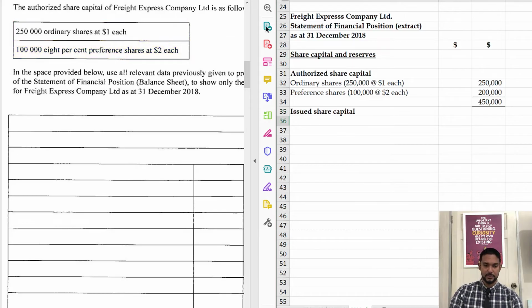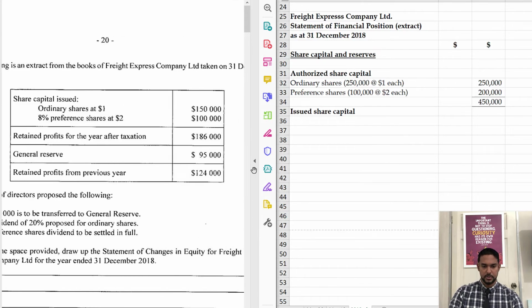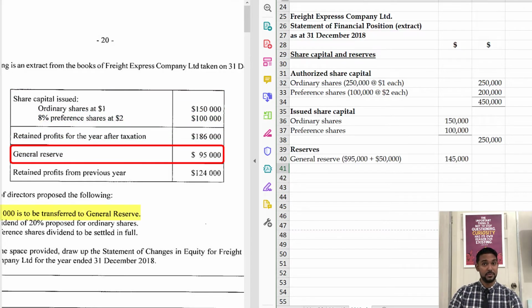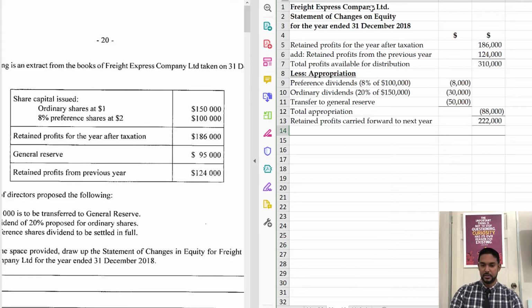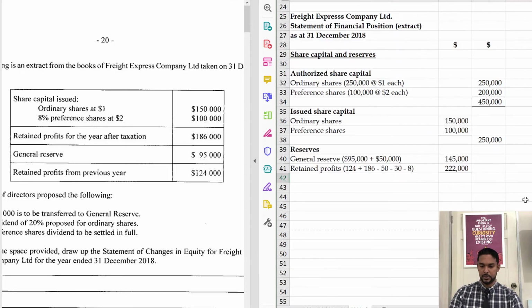Now we have issued share capital. So let's just go back across here. Let's scroll up and scroll across. Issued share capital, so we have that outlined for us. The ordinary shares 150 in total, preference shares 100 in total, subtotal 250. Reserves, so the general reserve started off at 95, but we transferred 50 more to it, which means 145 is the new total. And the retained profits, so you're going to see a little calculation here, which you would actually already have that figure if you did your appropriation account as your statement of changes in equity. So you would have that figure already. So we have the 222 there, giving us 367,